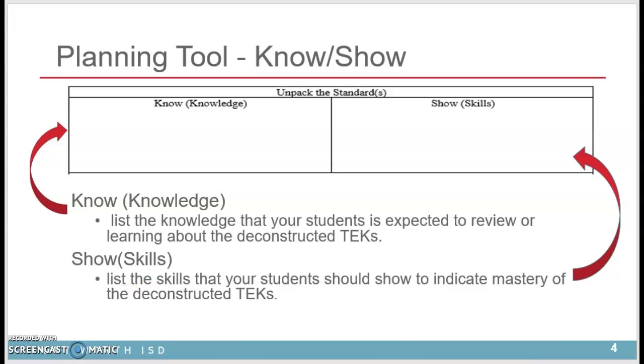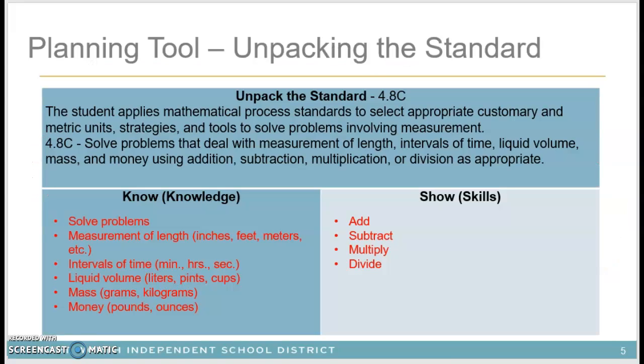So once you do the know and show part, well, then you're going to fill out what you think it is. So for fourth grade, one of the standards is to solve problems that deal with measurement of length, intervals of time, liquid volume, mass, and money using addition, subtraction, multiplication, or division as appropriate. So a huge TEK, right? So we can start